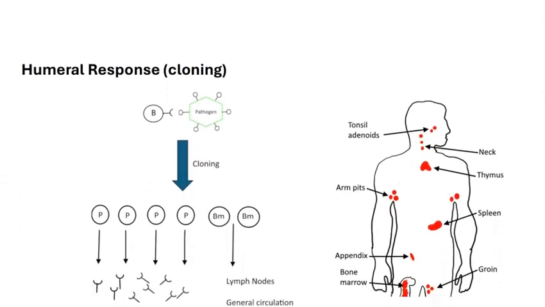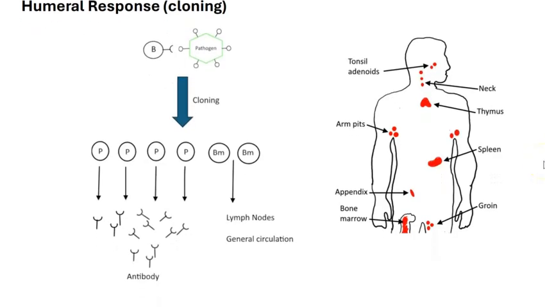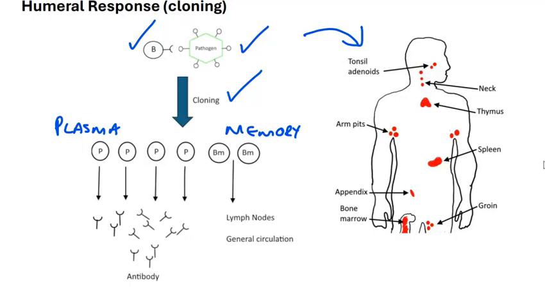The next stage that occurs is that the B cell which has been selected by the corresponding pathogen goes through a rapid cloning process to form two different types of cell. They are the so-called plasma cells and the B memory cells. This event takes place in the lymph node, and on the diagram here I've illustrated in human beings the location of some of those lymph nodes. And when this response occurs, there's a large increase in the number of cells, and in the corresponding lymph node we may experience some kind of swelling,